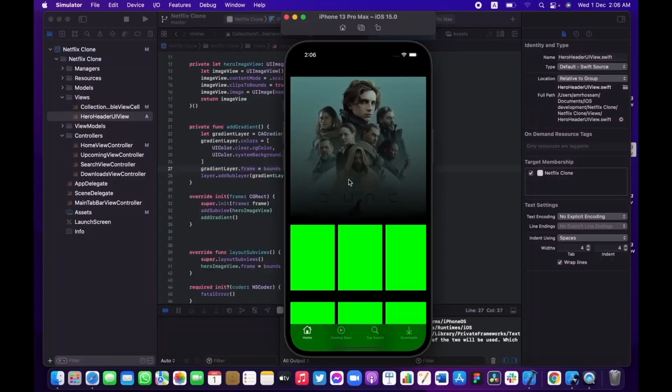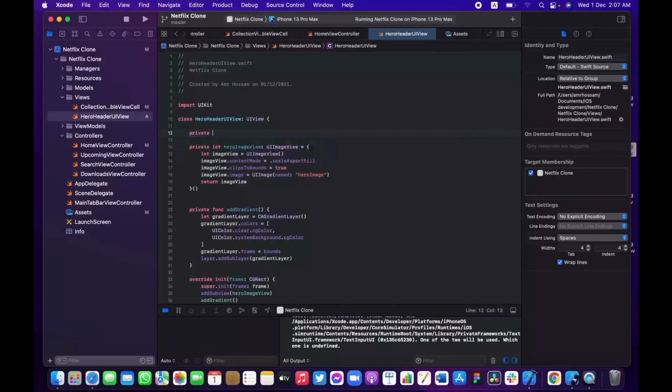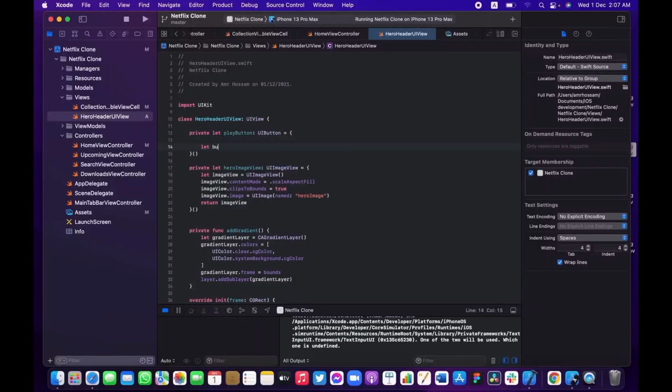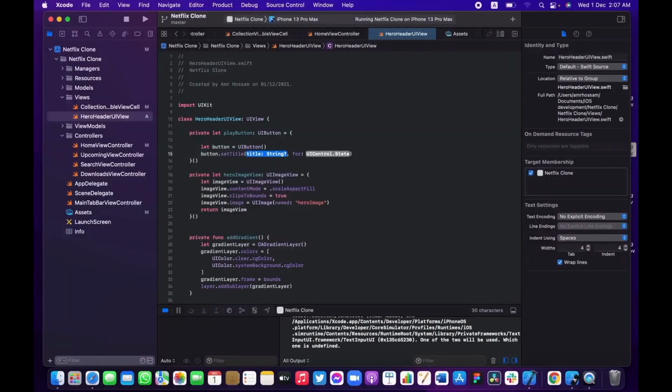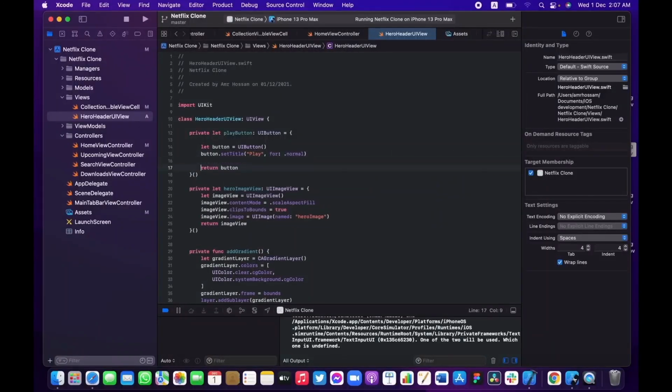and let's go ahead and add our 2 buttons that we're going to be using to either play or download this title. Let me type private let play button, and it's going to be equal to a type of UI button. Let me use the same pattern, which is the anonymous closure. Let button be UI button, set title, which is going to be play for normal, return button, and let me also